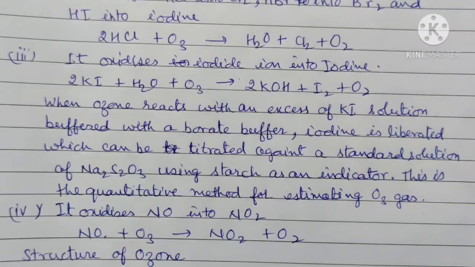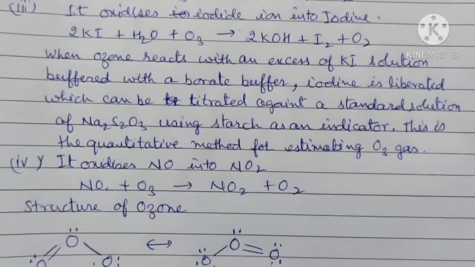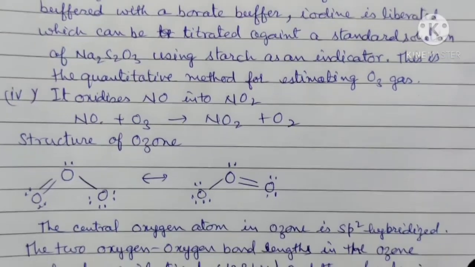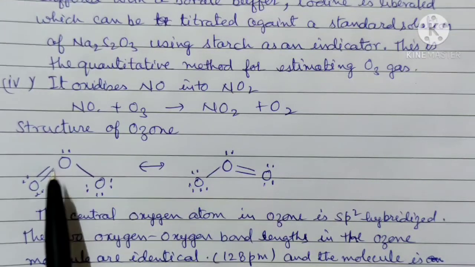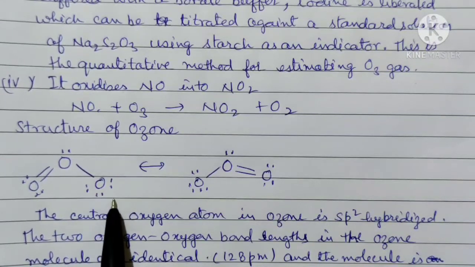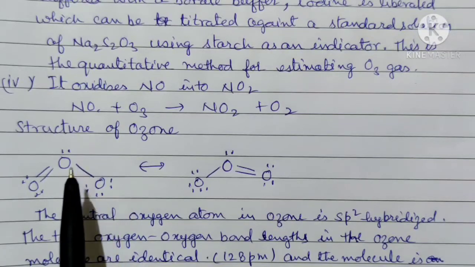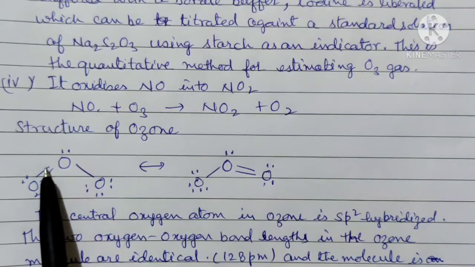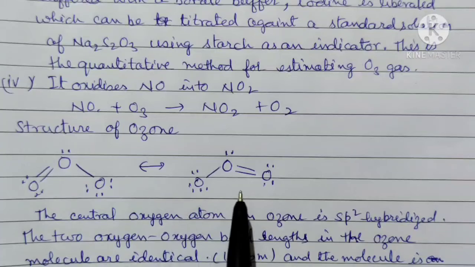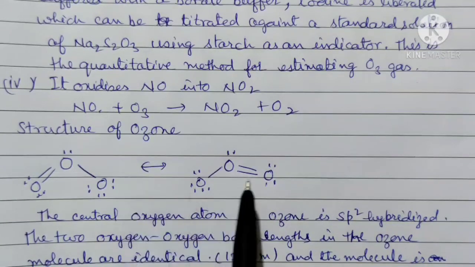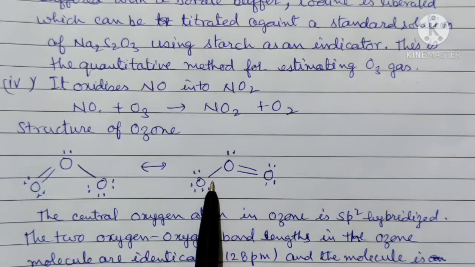Now the next is the structure of ozone. For the structure of ozone, you can see here I have drawn the structure. The oxygen here is sp2 hybridized, and these electrons show the formation of a double bond, and this is a coordinate bond because 6 electrons are here. And this oxygen also has 6 electrons, 2 are shared and 1 is donated to this oxygen atom. So this is the structure of ozone, and this is the resonating structure. In this way we can make the double bond here, so you will get the resonating structure of ozone.